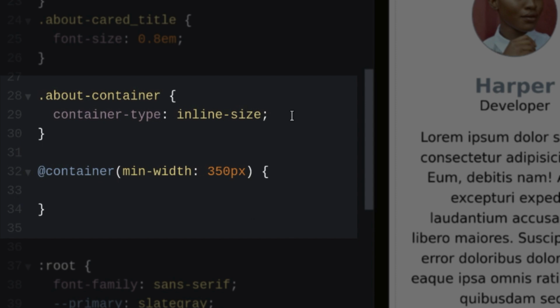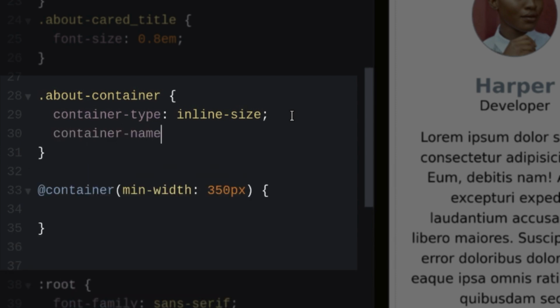To name our container, we are going to use the container-name property. The container name is whatever you want to name it, so it's whatever string. We're going to call ours card. Now we can edit our query to specifically look for when card has a min-width of 350 pixels.